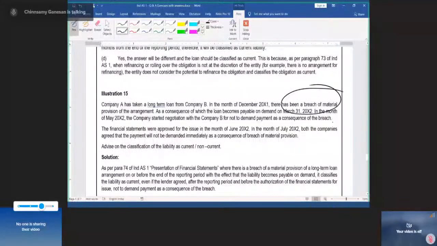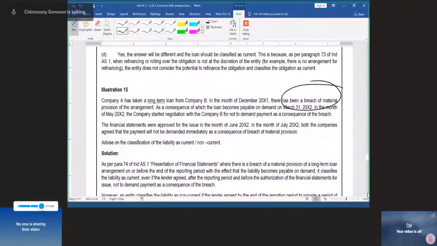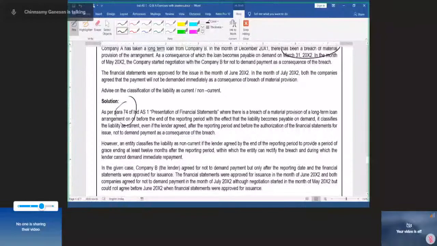So subsequent to the year end only, they started negotiating, and accordingly, what classification do I have to apply, current or non-current? Paragraph 74 is the relevant paragraph. It says whether you have an unconditional right to defer settlement, and accordingly, in this particular case which we are talking about,